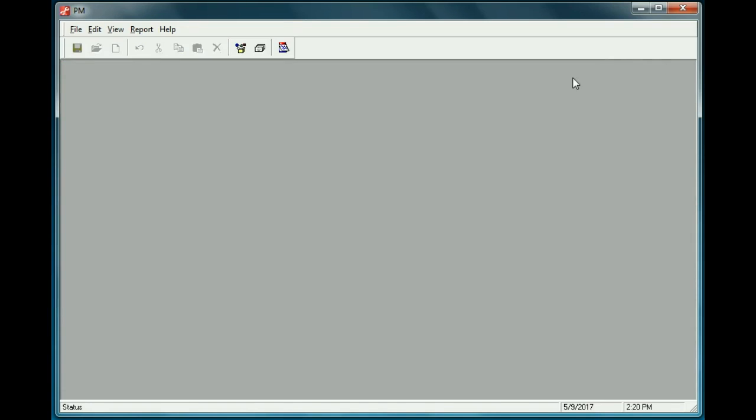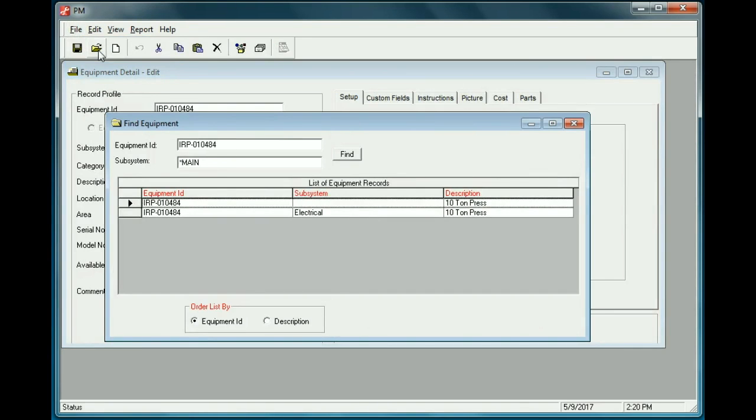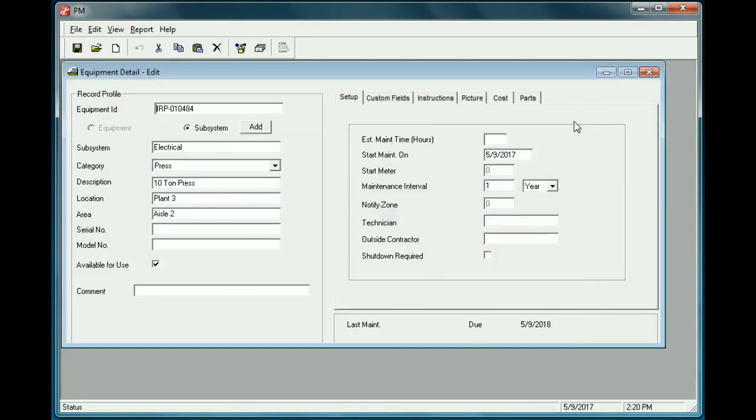And now we'll close this. And so now if we look in here, we actually have 2 records in our system. There's the main piece of equipment, and then there's the electrical component, or subsystem, that we also want to look at. And if we look at each of these separately, we see that the subsystem is going to be due 1 year. In this case, it happened to pick up the start date as the current system date, which was May 9, 2017. Add 1 year to it, and it's showing the next due date as being May 9th, 2018,